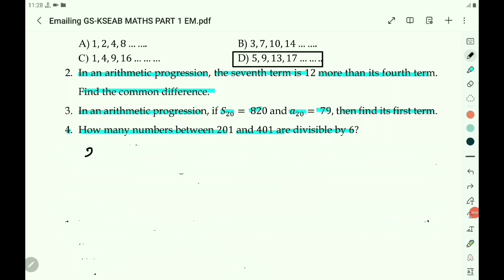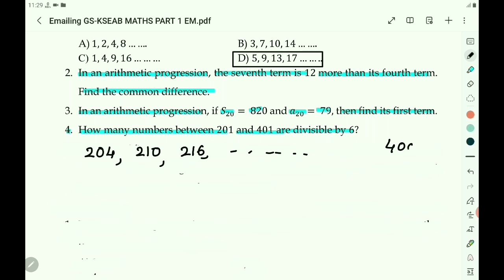First number is 204. Next number, add 6, that is 204 plus 6 is 210. Second number divisible by 6 is 210. Next number, again you add 6. 210 plus 6 is 216. Last number, then you try